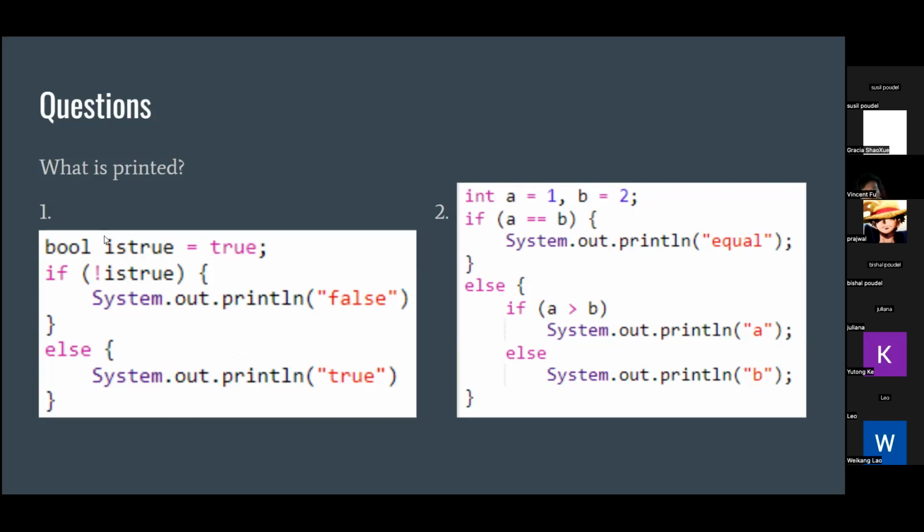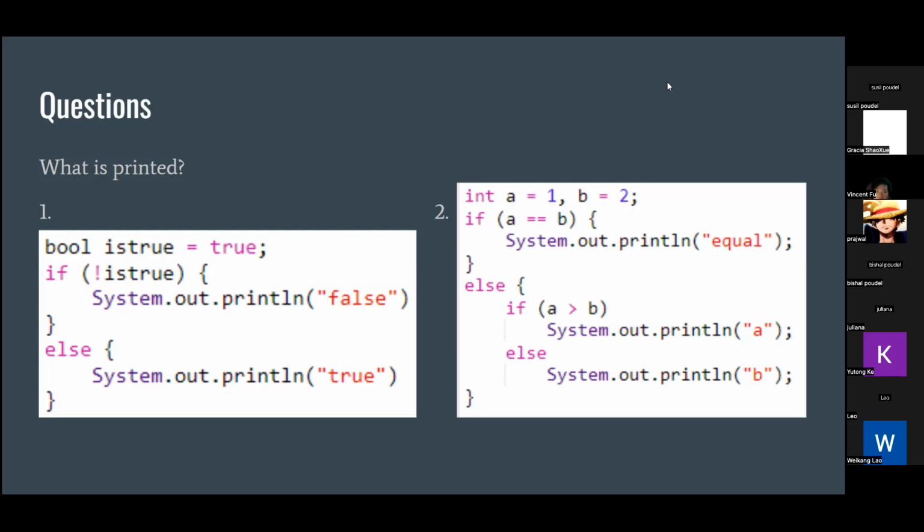So basically it's saying if is true is false, then we'll print out... wait, shoot. Oh, I misworded the question. Never mind. You're correct. I meant to type "is true equals false." But yeah, you're correct.